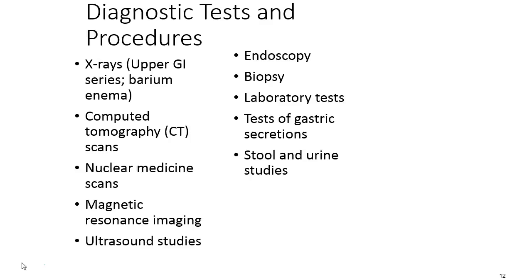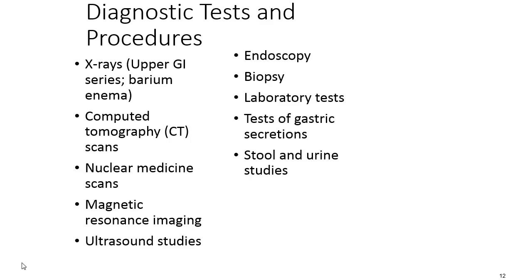Now let's take a look briefly at the diagnostic tests and procedures. X-rays can be done. They're often done to evaluate the structures of the upper GI and lower GI system. Can also be done to evaluate the swallowing of a patient, swallowing studies. These are usually done with a barium contrast, so it's really important to note that the X-rays be done in the correct order, because if they're not done in the correct order, they'll have an effect on the results of